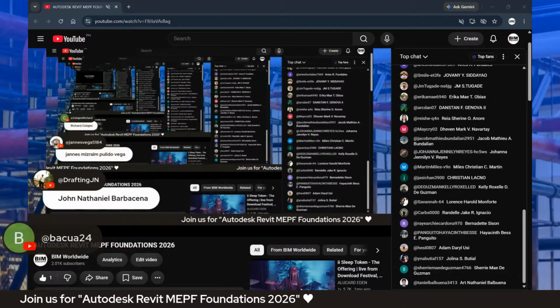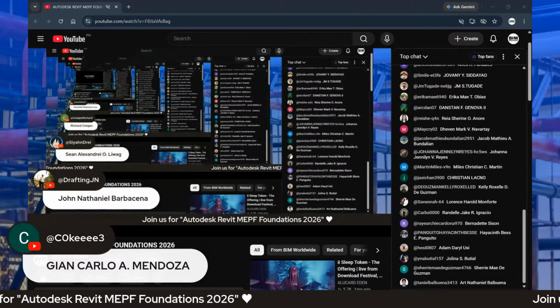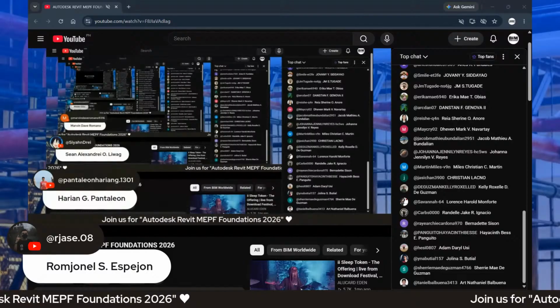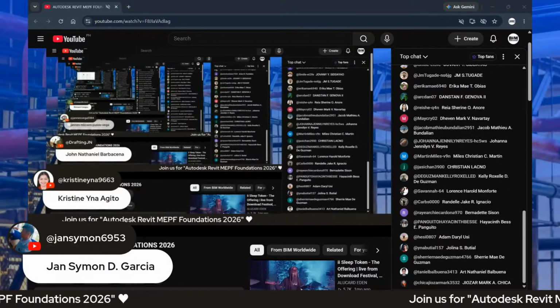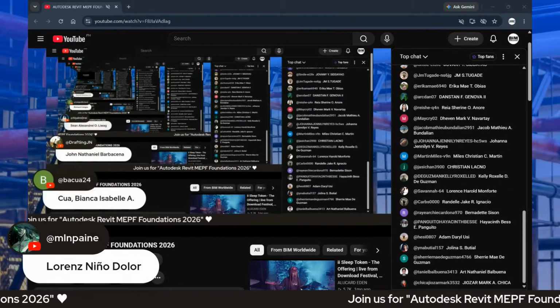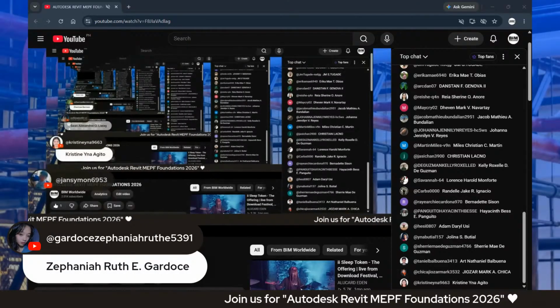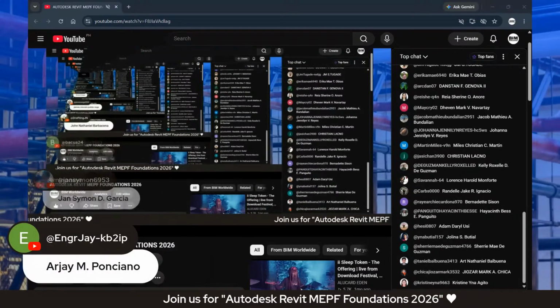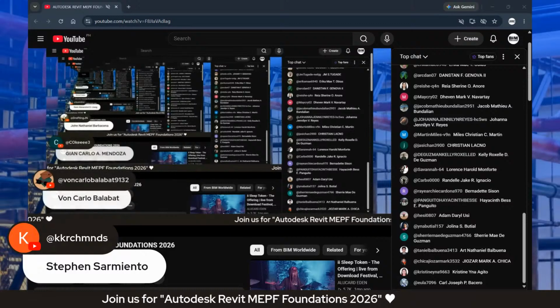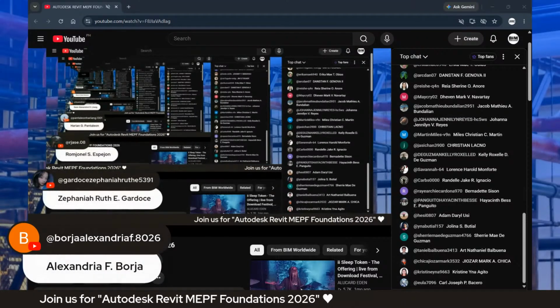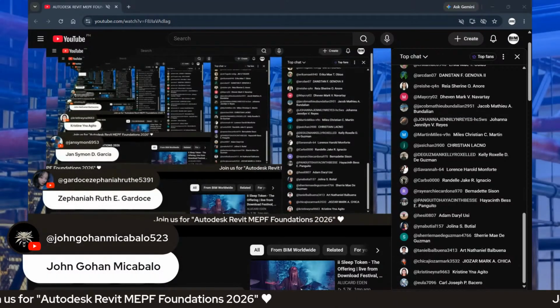Ayan, hi ma'am. Bianca Cuba, Giancarlo Mendoza, Rom Jonel Espejo, Jan Simon D. Garcia, Lawrence Niño Dolor, Von Carlo Balabat, Zefania Gardose, RJM Ponciano, Stephen Sarmiento, Alexandria Borja, John